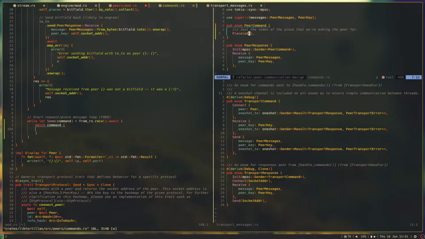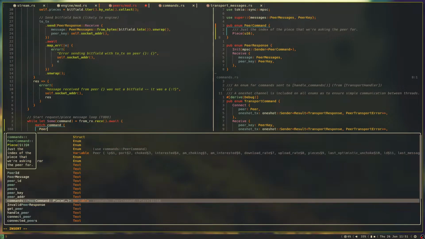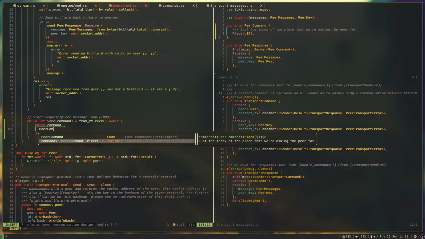But they might have a bit field that is longer than the maximum value of a U8, which is 255. So U16 should be safe. So let's match command. Peer command,